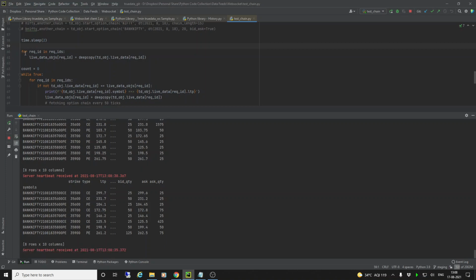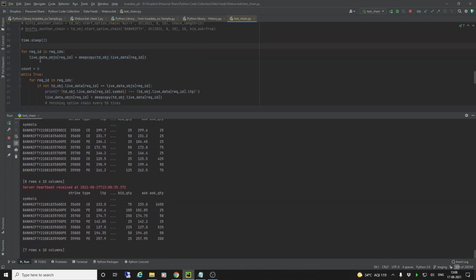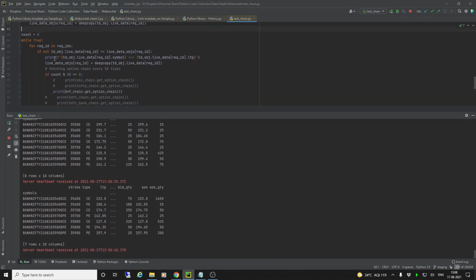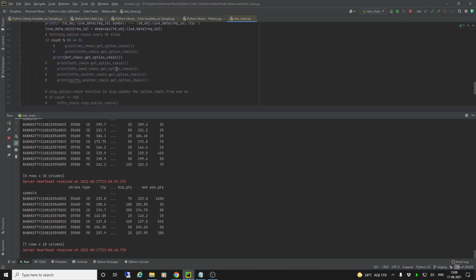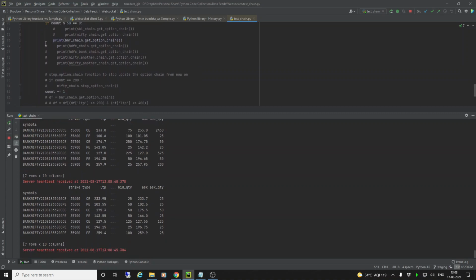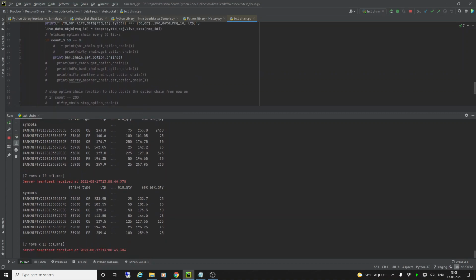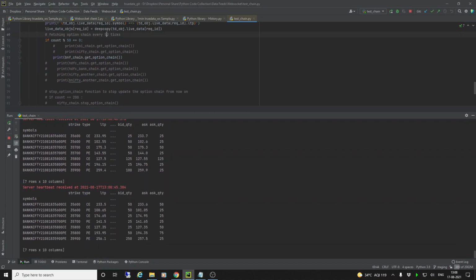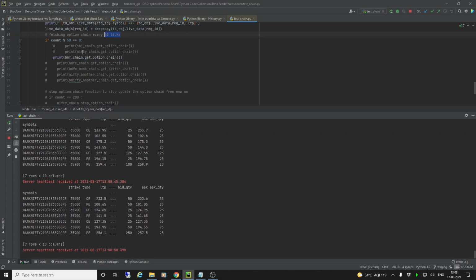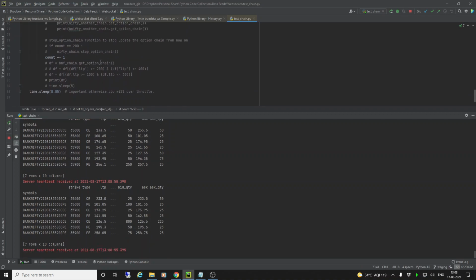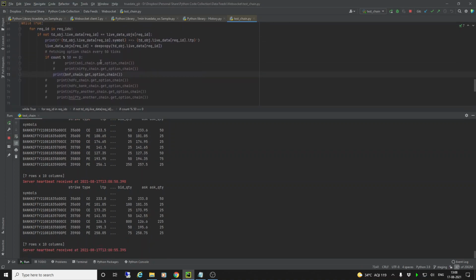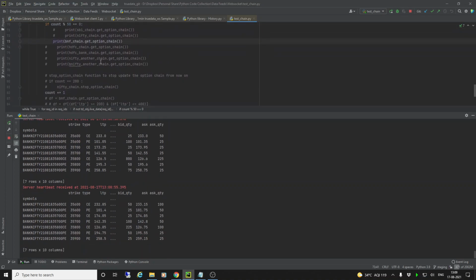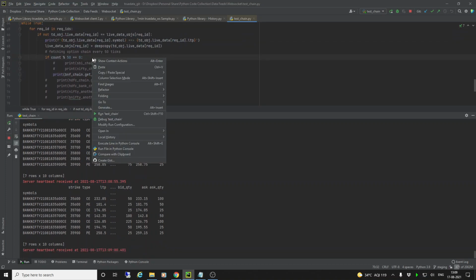And then we follow the same procedure which we do while we do the normal calling. We call the request IDs and we have put them here. For now, I have put this Bank Nifty chain to come after every 50 ticks. After every 50 ticks, we will see the Bank Nifty chain. You can do the changes as you need, and you can work like that. Okay, so let us see. Let us run and see what happens.